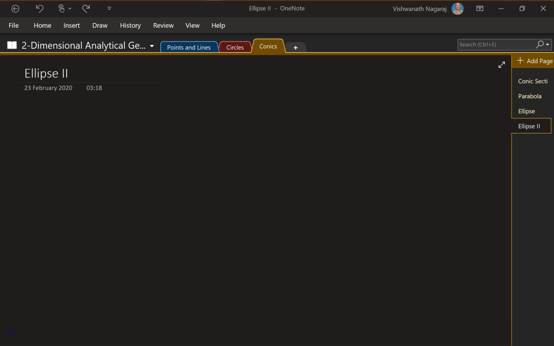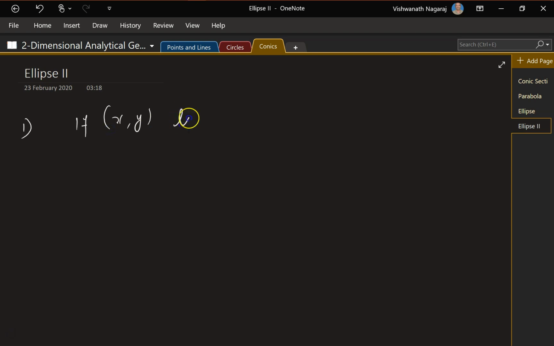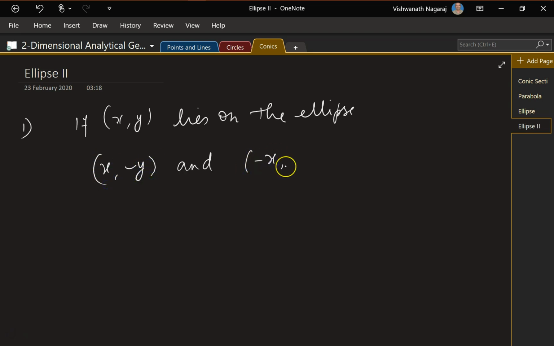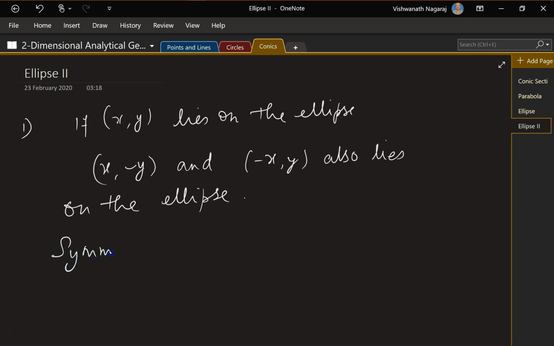Now let's look at how to arrive at the shape of the ellipse given an equation. Now if (x, y) lies on the ellipse, then if we substitute y with minus y and x with minus x, we still arrive at the same solution. So which means they also lie on the ellipse. So in other words, we can say that the ellipse is symmetric with respect to